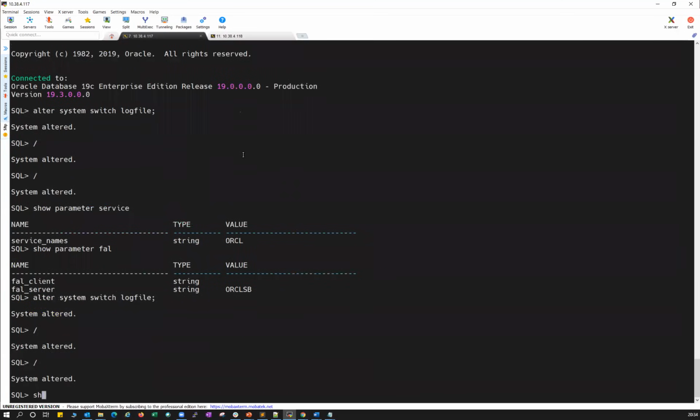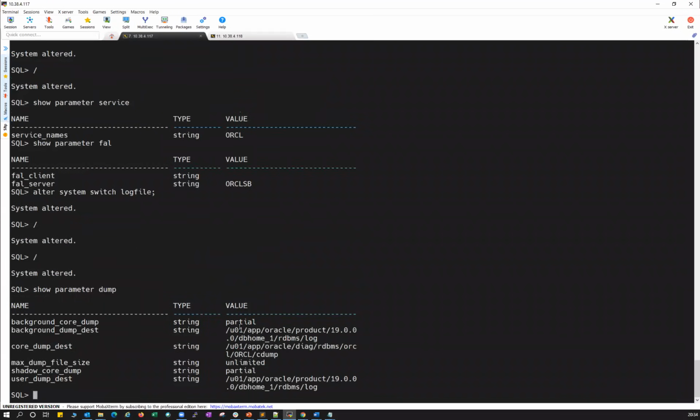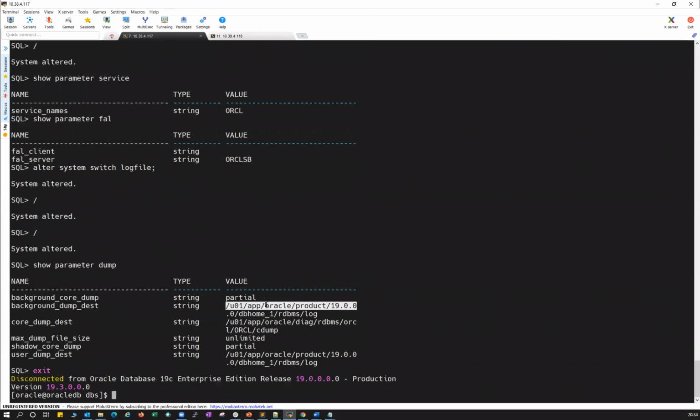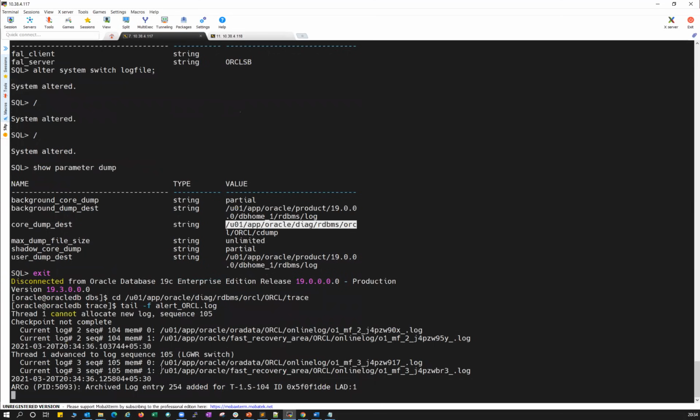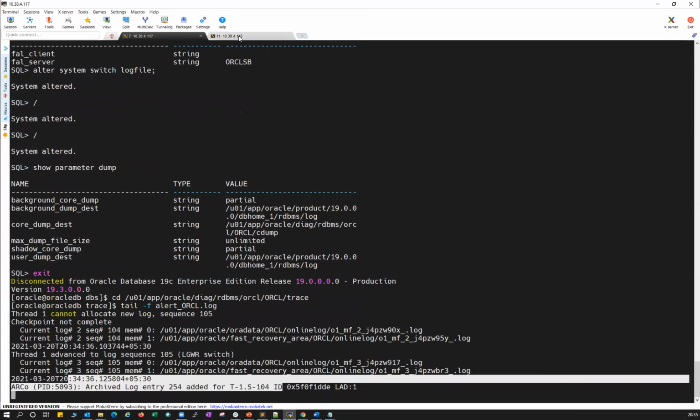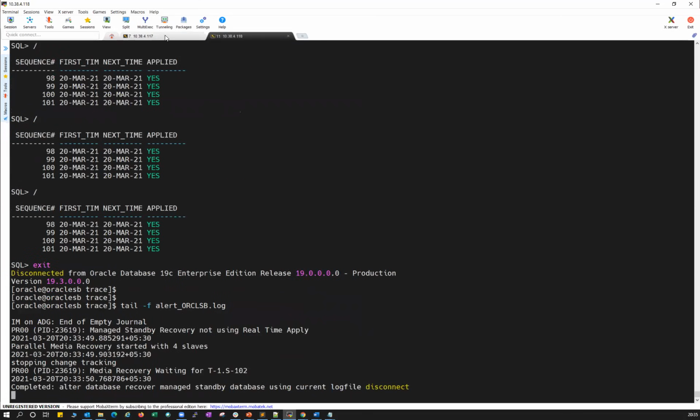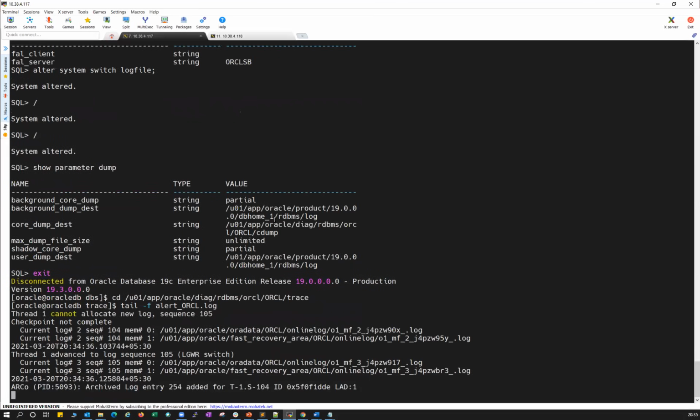Here also, if I do show parameter for trace or dump, you can check. Exit. Then cd to the trace directory and tail -f the alert log. Log shipping, and if I go here, not yet transferred. It will take some time based upon the network speed.